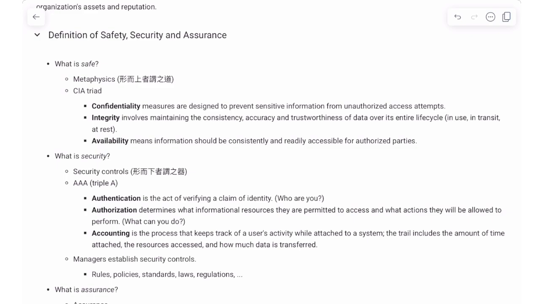So for the middle manager, they have to establish certain security controls, including software, hardware, and policies, to make sure we know who you are and what you can do. Everything you do to the system is recorded in a very secure place, so we can check it out. Okay, so after we have such security controls, then we can fulfill the CIA triad: confidentiality, integrity, and availability.